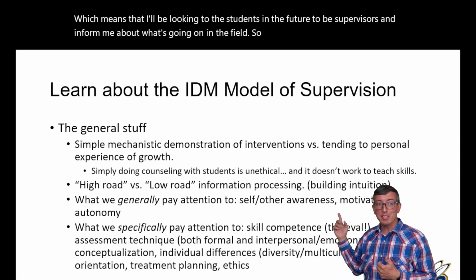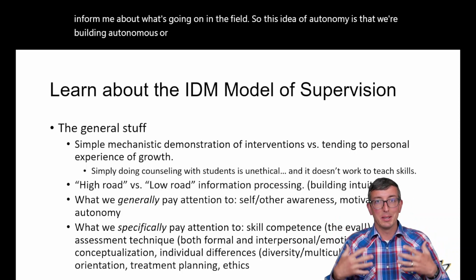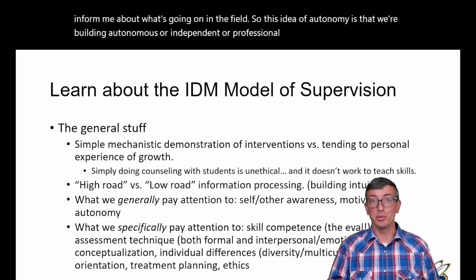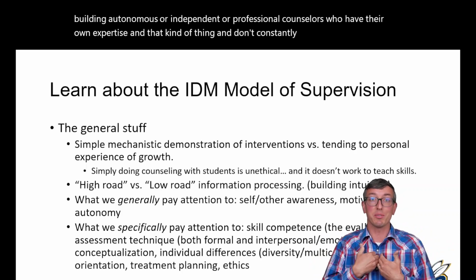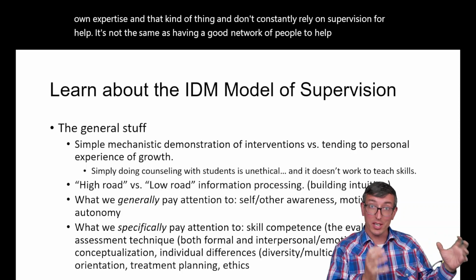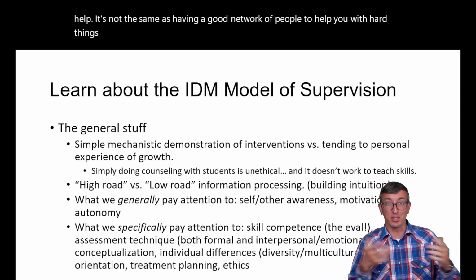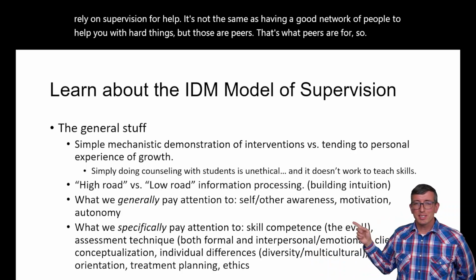So this idea of autonomy is that we're building autonomous or independent or professional counselors who have their own expertise and don't constantly rely on supervision for help. It's not the same as having a good network of people to help you with hard things, but those are peers. That's what peers are for. So, and then here's a whole bunch of